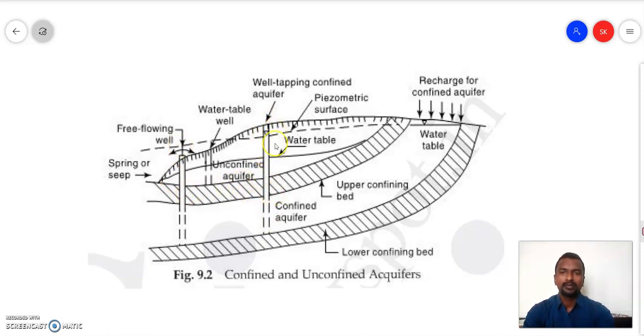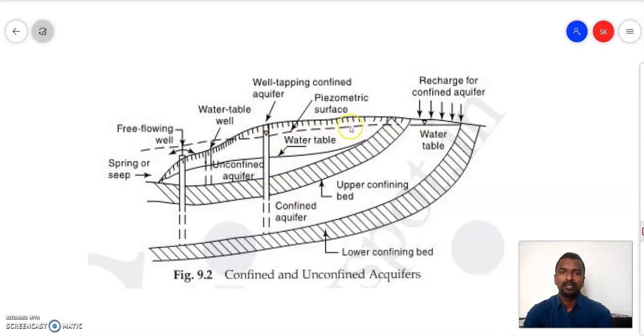In the first case, you can see from the top surface up to the confined aquifer, it means that the depth of that particular well is up to the confined aquifer. So the water level is up to here. Why is it up to here? Because this is called the piezometric surface. Actually there is a pressure, because the pressure is created in between as the water is confined between two rocks, that's why there is more pressure, and this is the piezometric surface.